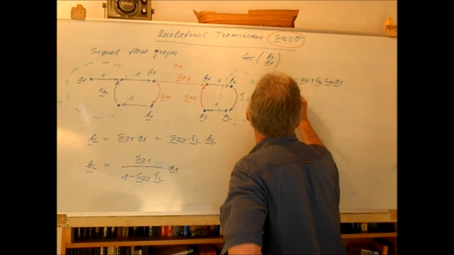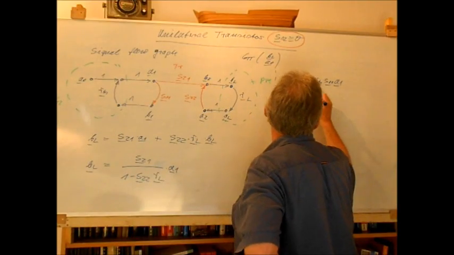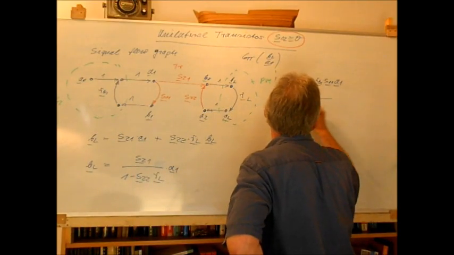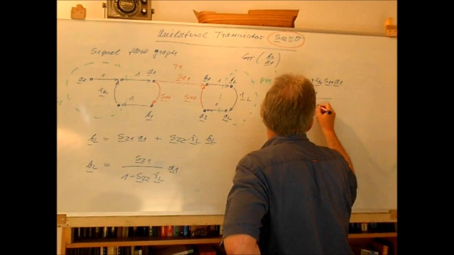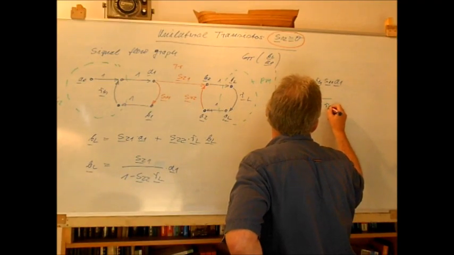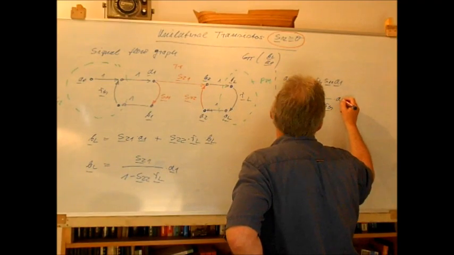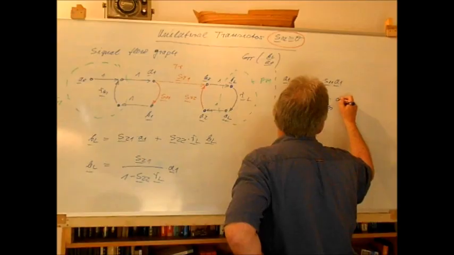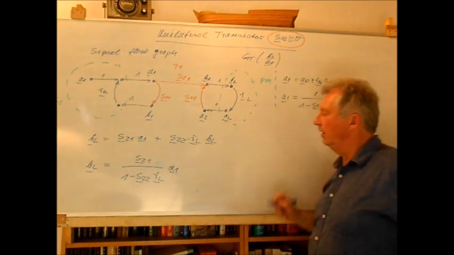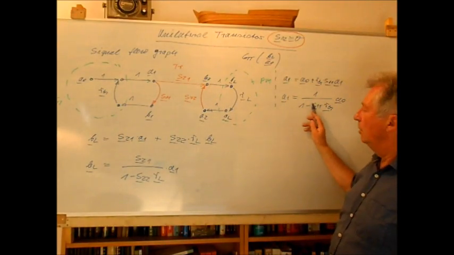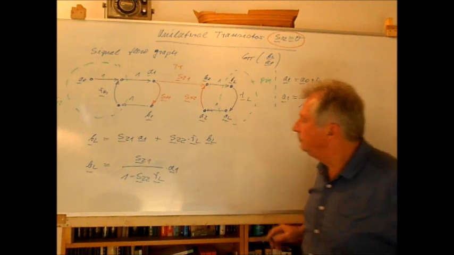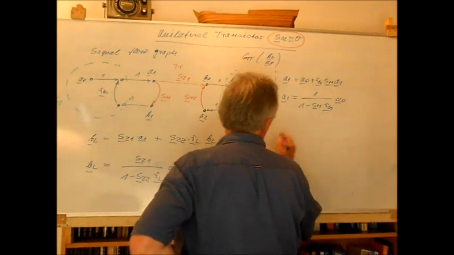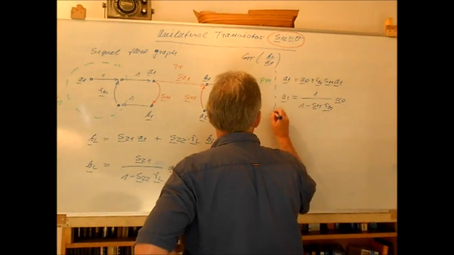So we find for A1 this is equal to 1 over 1 minus S11 times RG times A naught. So this is a function of A naught, and we of course can insert this here, and we will find for the BL,